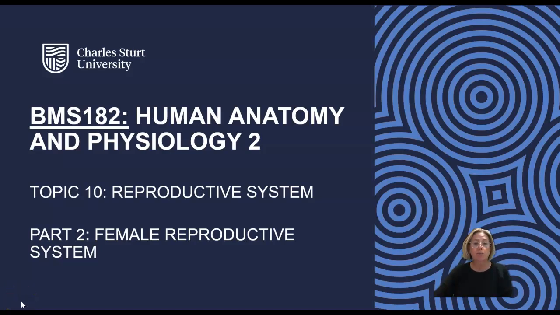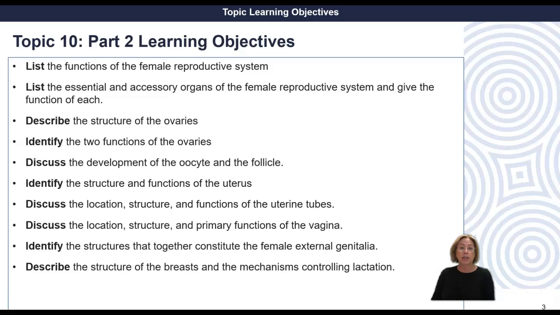Welcome back everyone to part 2 of the reproductive system, and in this part we're going to be looking at the female reproductive system. Learning objectives for this part are to be able to list the functions of the female reproductive system, be able to list the essential and accessory organs and give the function of each, be able to describe the structure and the two functions of the ovaries, be able to discuss the development of the oocyte and